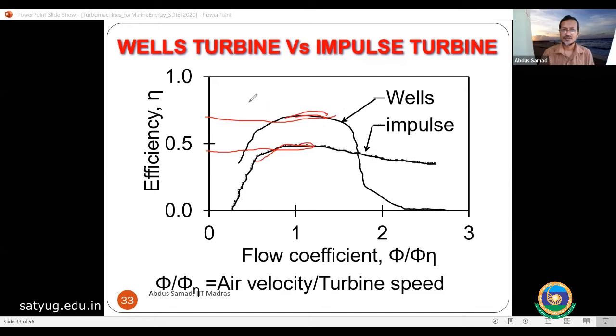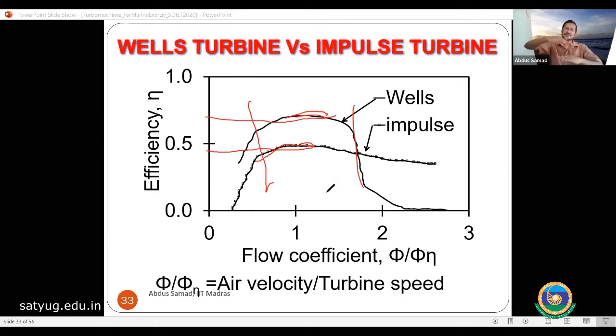But the issue is its operating range. Consider Wells turbine as wave height is increasing or decreasing. If you see the sinusoidal, when the wave is increasing, at a certain time wave velocity is 0, increasing again, 0, then increasing, 0. So the wave is giving zero, increasing, zero, increasing. So it is not a continuous flow system. It is a varying flow system, going from zero to highest velocity, zero to highest velocity.